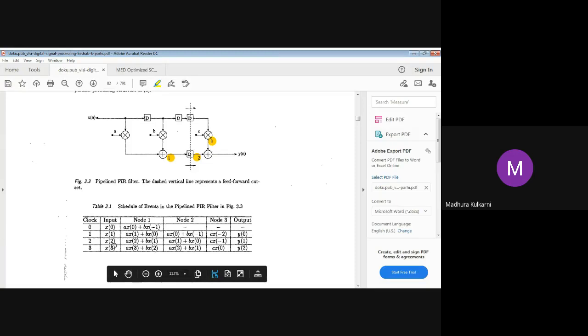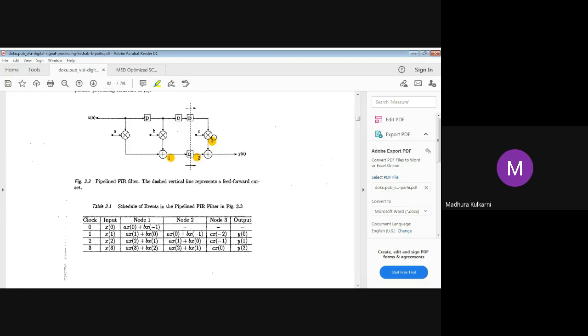And finally, for x of 3 we have ax of 3 plus bx of 2. Again subtract 1 delay, ax of 2 plus bx of 1. And look into the upper part, 3 minus 1, 2 minus 1, 1 minus 1, 0. So Cx of 0 is finally the output y2. These are the stages of operation that are being conducted in pipelining.